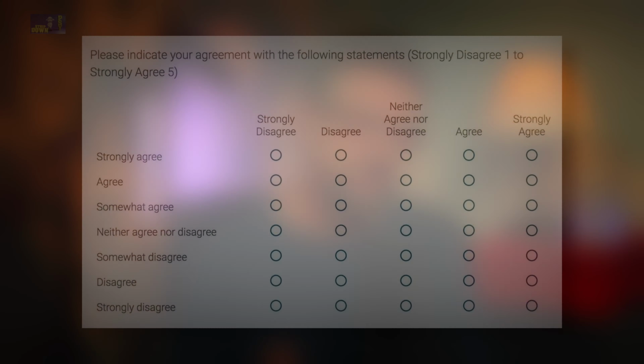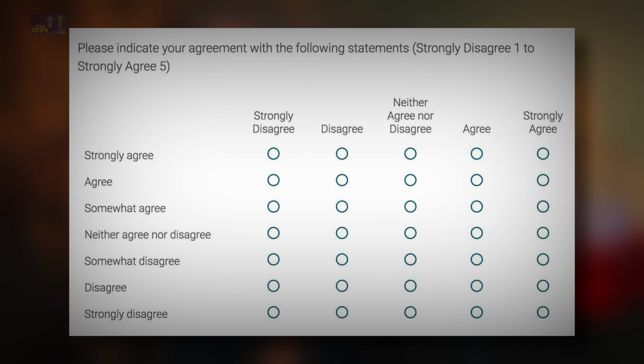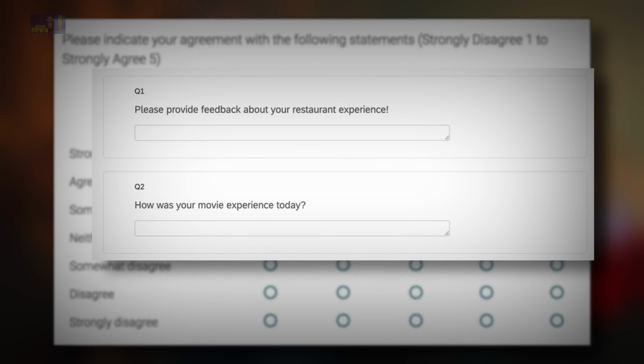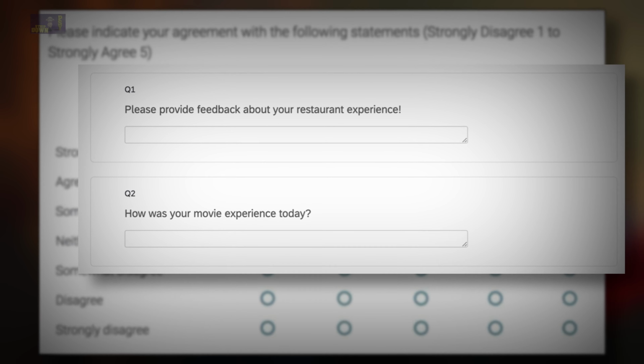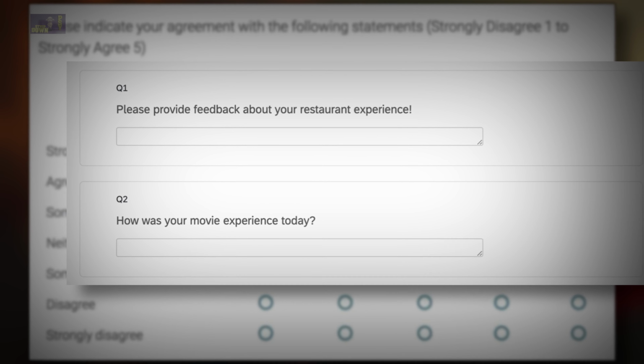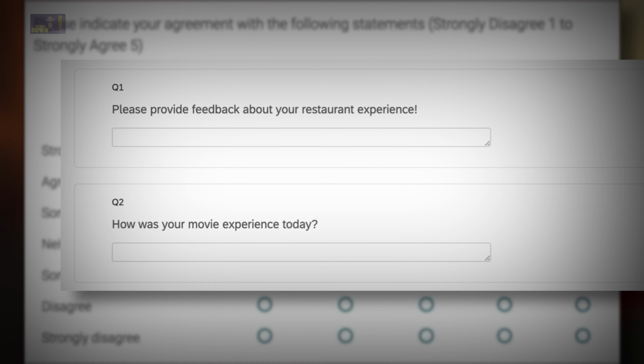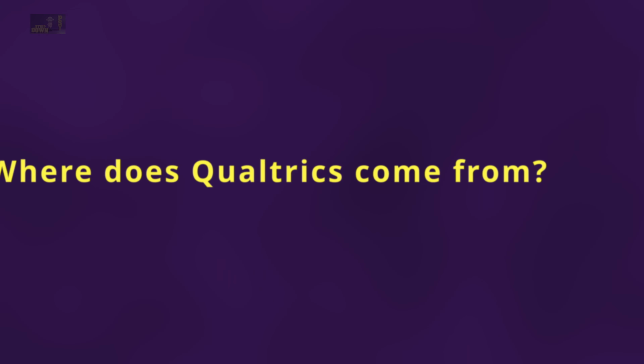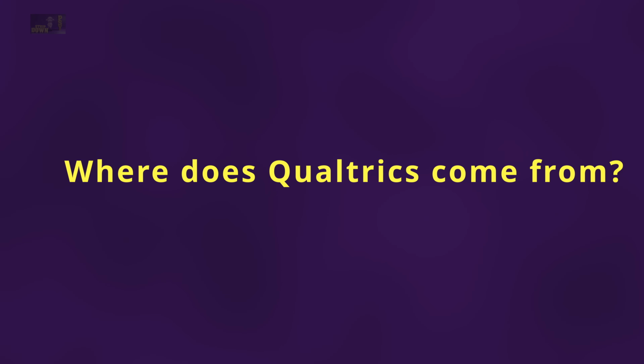Now, you can have quantitative measures on the survey, but you can also have qualitative measures. So a question that asks the respondent to give a short written answer, which can then be qualitatively analysed. And you can do this with bespoke analytic tools in Qualtrics. So these surveys can be used for quantitative and qualitative research, but the tool's called Qualtrics, not Quantrics. So what is it? What is it all about?